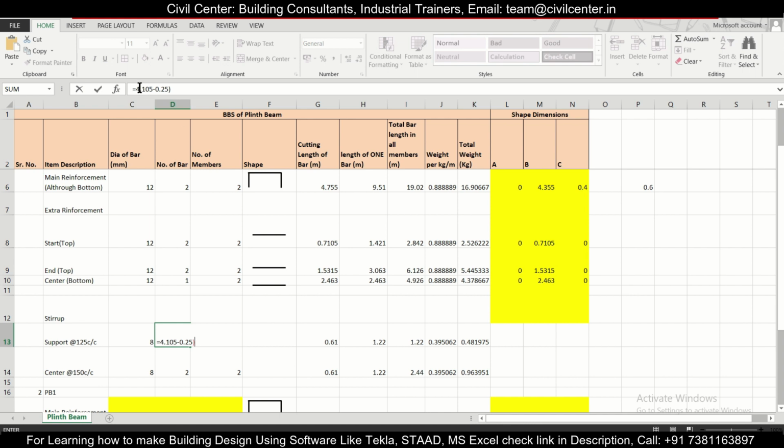Now we can use that for considering the particular length. Let's consider one fourth of the length near the support, and one fourth of the length near the other support, and the remaining portion at the center. So at the support we'll consider two fourth of the length, so we'll multiply this particular value into 2 by 4. So 1 by 4 and 1 by 4 near the two supports, that is 2 by 4, and this value should be divided by